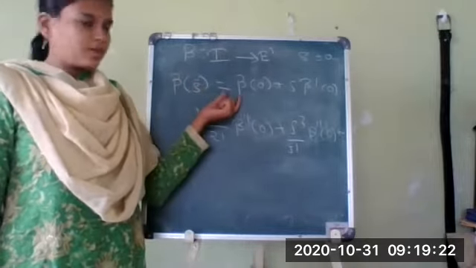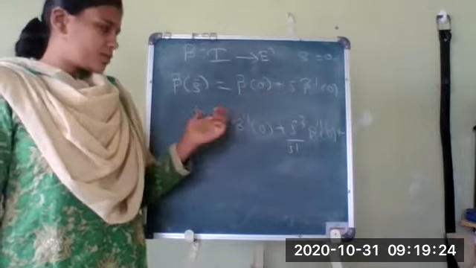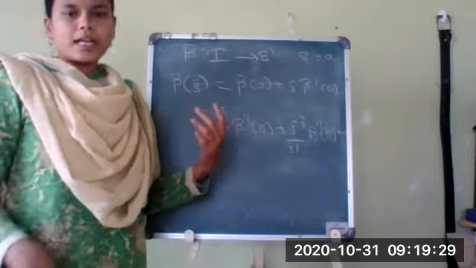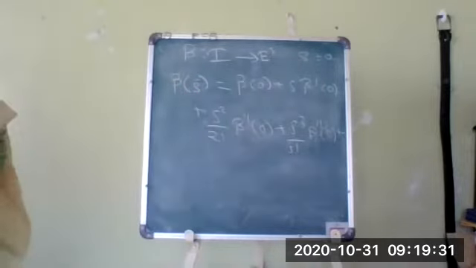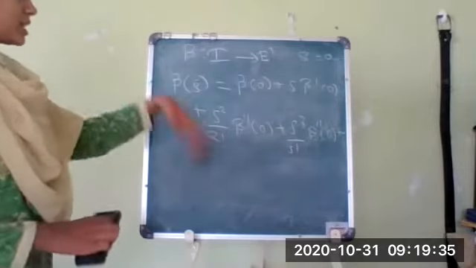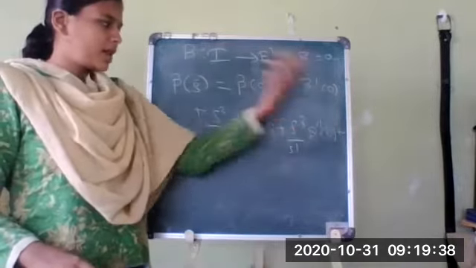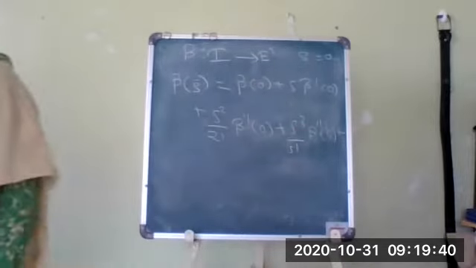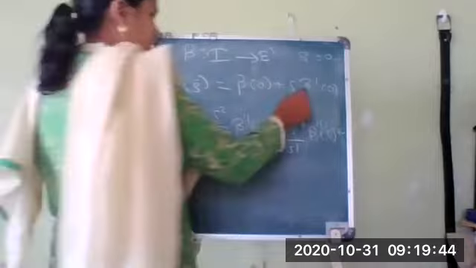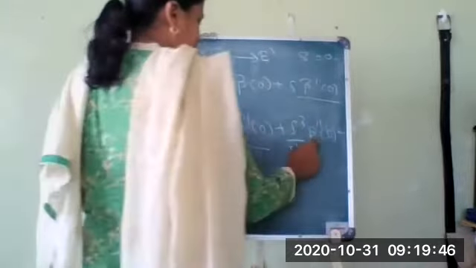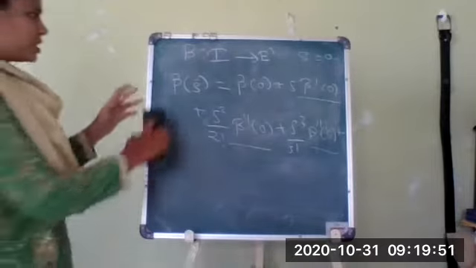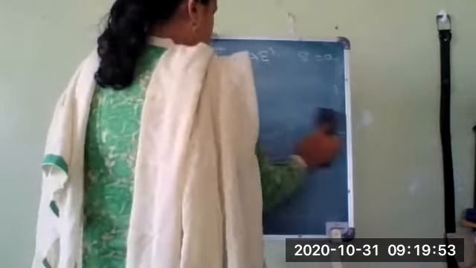We are writing f of 0 plus s f dash of 0 plus s square by 2 factorial f double dash of 0 and so on. So we are writing the equation in terms of beta. But we have to find the Frenet approximation of the curve. Now if you see this equation, after this term we will have derivatives of beta four times and so on. Now we have to find the values of beta dash, beta double dash and beta triple dash. After finding all those values we will put them in our equation.